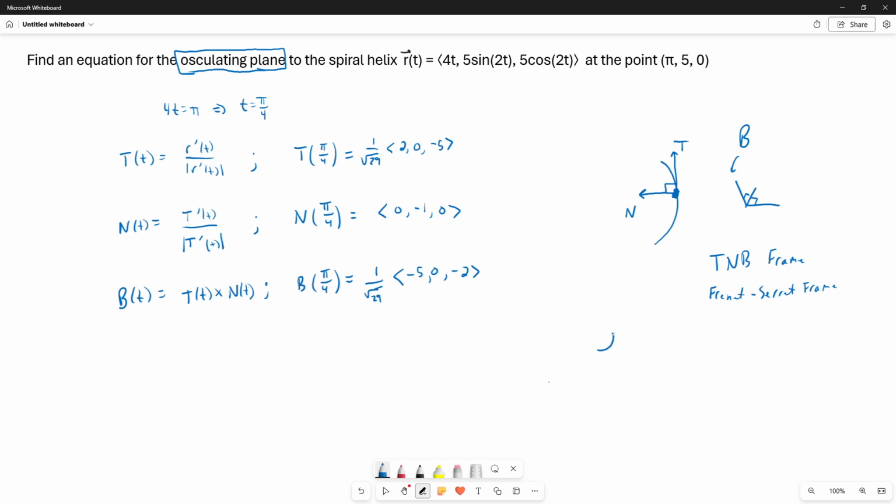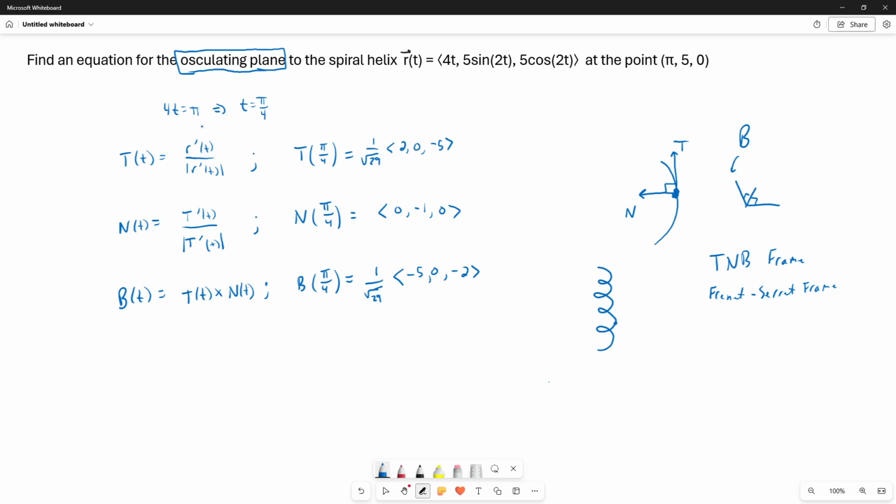Okay, well, a spiral helix is not a plane curve. It's a curve in 3 dimensions, but at any point on the curve, there is going to be this osculating plane. And we want to find the osculating plane at a point (pi, 5, 0),